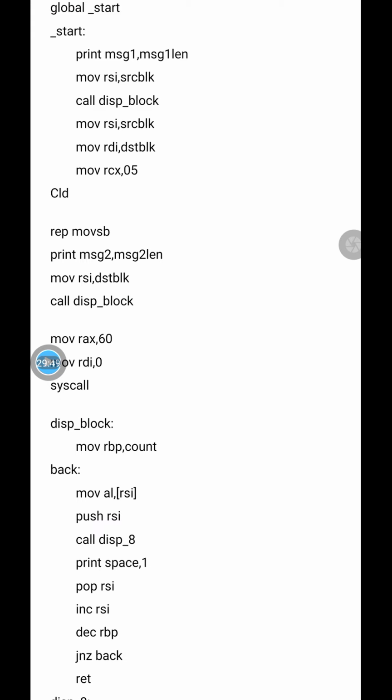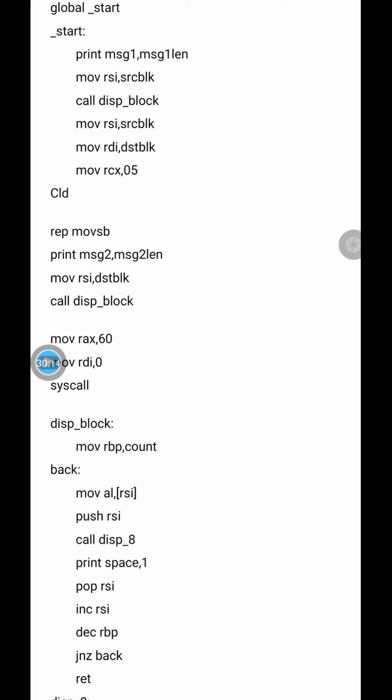If the user enters the choice as 2, the execution is of with string instructions, and if the user enters the choice as 3, then the program should exit. And if the user enters any choice other than 1, 2 or 3, then there should be a message that wrong choice, and again the menu should be displayed.